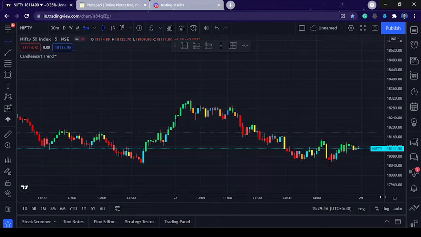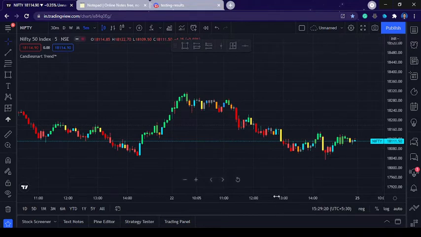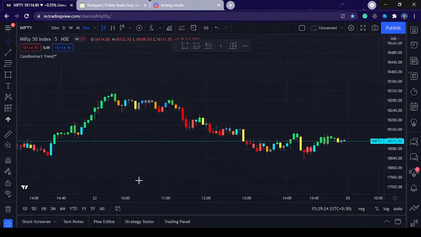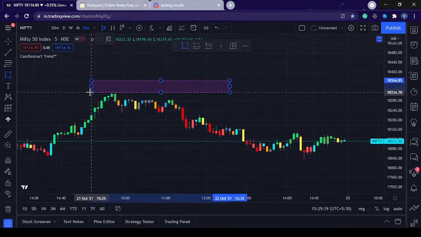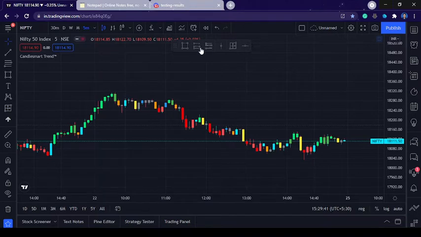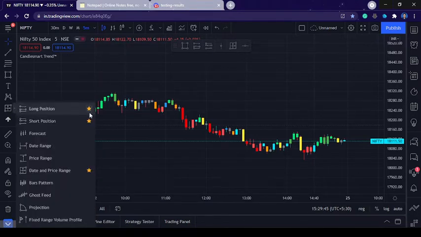Yeah, let's dive in. I will teach the basic settings, all the tools you need, and all the things you need for this strategy before going in. You need the rectangle pattern, which you will find in the fourth column, fourth row, where you will get a rectangle shape. You need a long short tool. You will get the long short tool here. You just highlight it and star the long short tool.